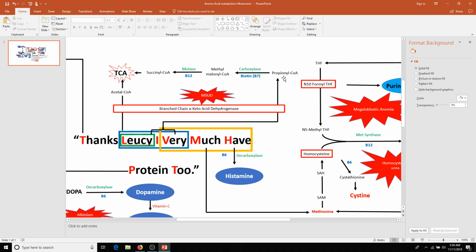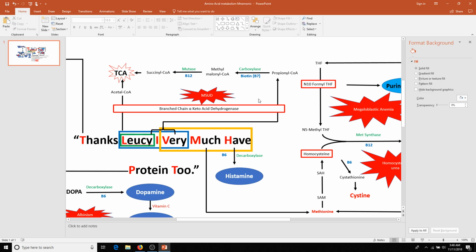Now this is where it's important. Acetyl-CoA can go into the TCA cycle to get ATP. Well, it's going to make NADH, then it goes through the electron transport chain to make ATP. However, propionyl-CoA over here has to go through a few steps before it can go into the TCA. And so propionyl-CoA goes through a carboxylase using biotin. Okay, this brings up a good point that I wanted to mention as well. So for biotin, which is B7, B6, and